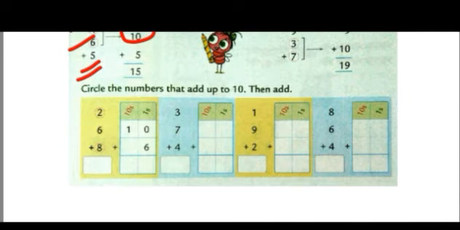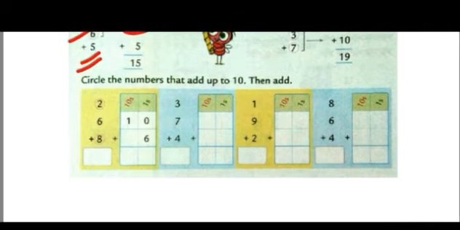Like the first one. The numbers that are given to you are 2, 6 and 8. First circle those numbers which when added give the number 10. So here it's already circled, 2 and 8. When you add them it gives you 10. So when we have added them, you see it's written here, 10. Now what is the remaining number? 6. 6 is a 1 digit number. So it is written in the ones column. Okay. Ones and tens. So in the first step we need to add the ones. Okay. So 0 plus 6 is how much?